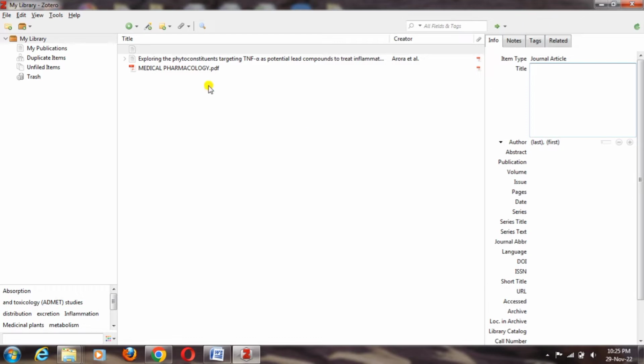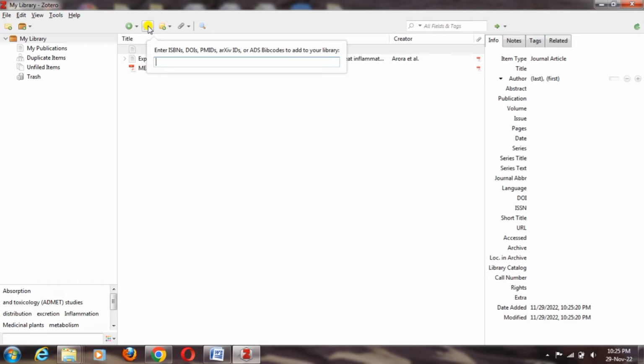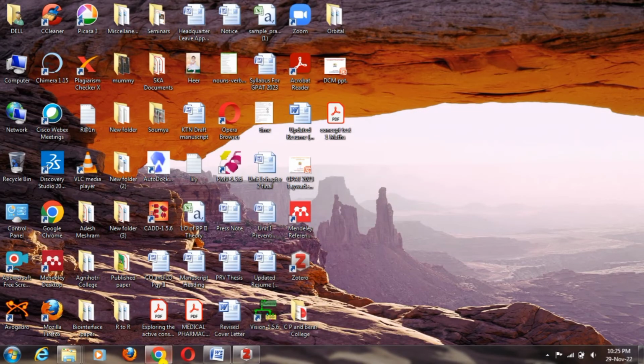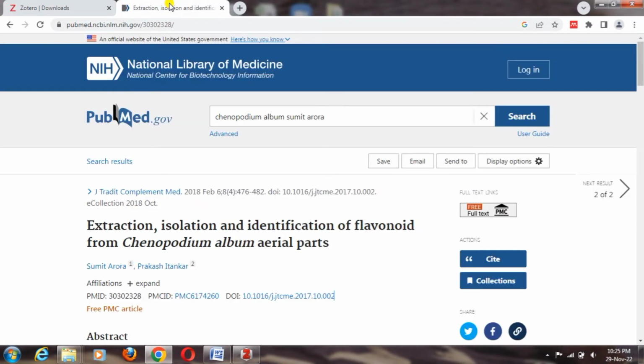The second option is to add the reference by means of an identifier. After clicking this identifier, it will ask you to enter an ISBN, DOI, PubMed ID, or any other identifier. For that, you only have to remember that after opening any article on PubMed, you have to copy its DOI.